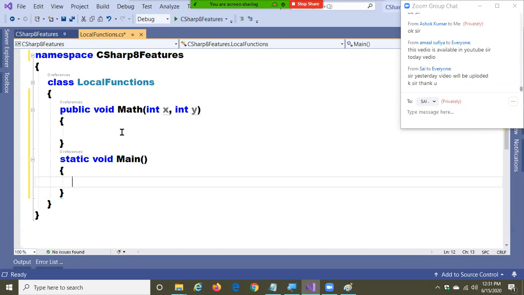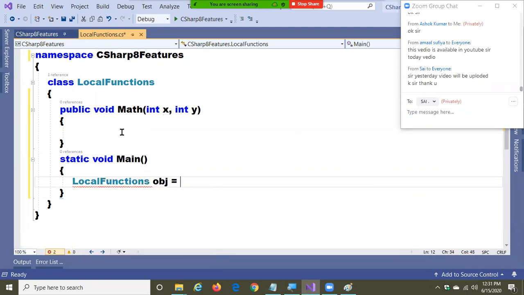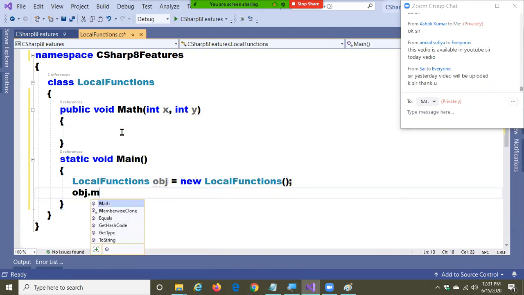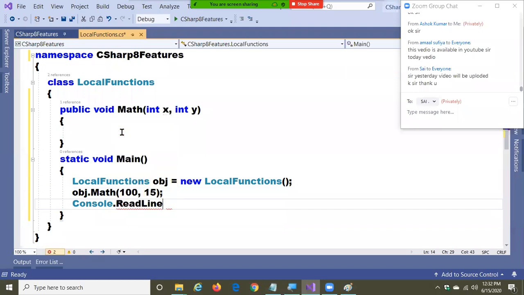Static void Main. I'm just going to create the instance of the class LocalFunctions, obj is equal to new LocalFunctions, and I'll call the method obj.Math, passing two values to it. So what is my requirement? Just hold on.